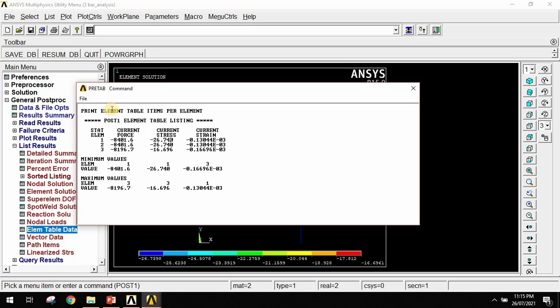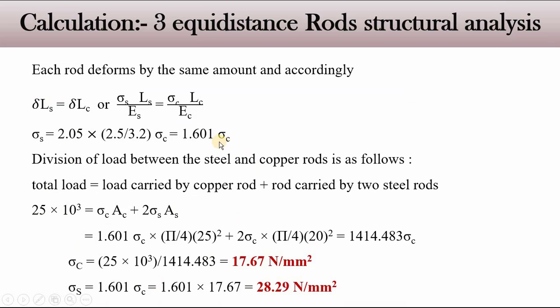Now we have to compare these values with a theoretical calculation. See here, this is the theoretical calculation. So delta LS is equal to delta LC, meaning steel and copper. This relation we have to apply here. Then solving this equation, we get sigma S is equal to 1.601 sigma C. Then the relation is: total load is equal to the load carried by the copper rod plus the load carried by the 2 steel rods.